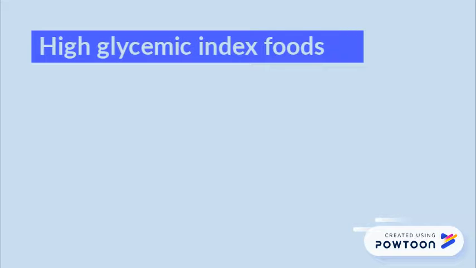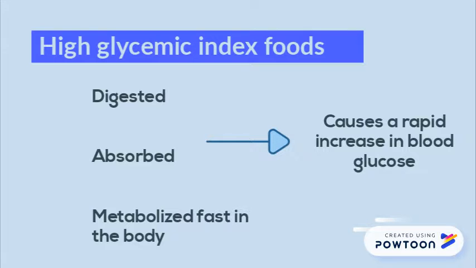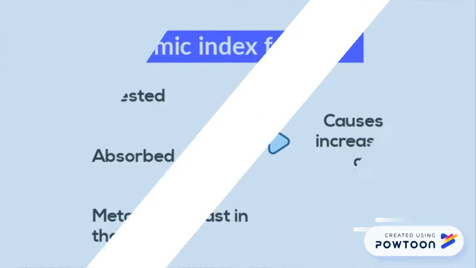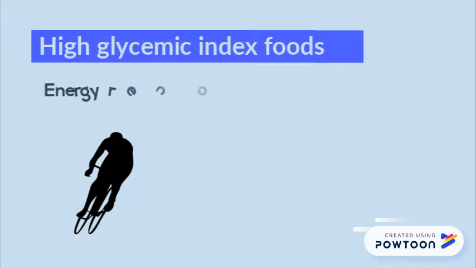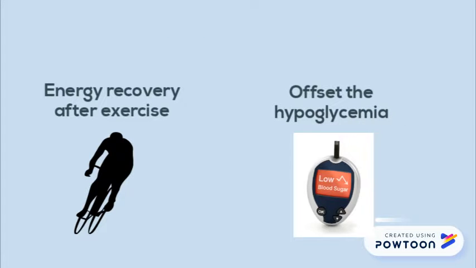Foods with a high glycemic index are the ones that are digested, absorbed, and metabolized fast in the body. This type of food causes a rapid increase in blood glucose. High glycemic index foods help with energy recovery after exercising, or to offset hypoglycemia, that is, low levels of